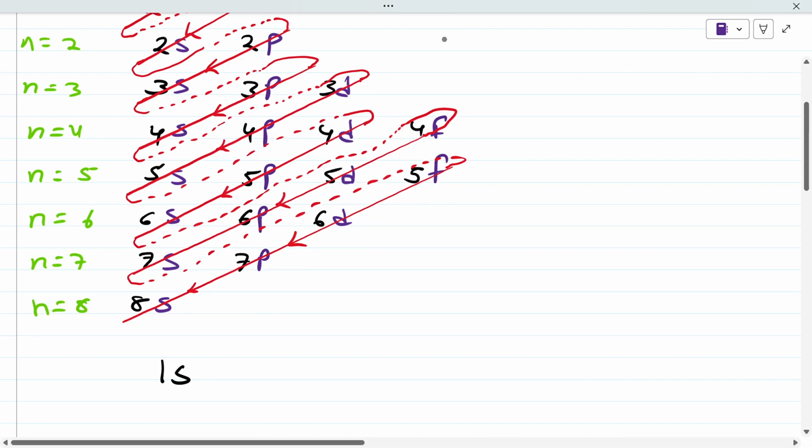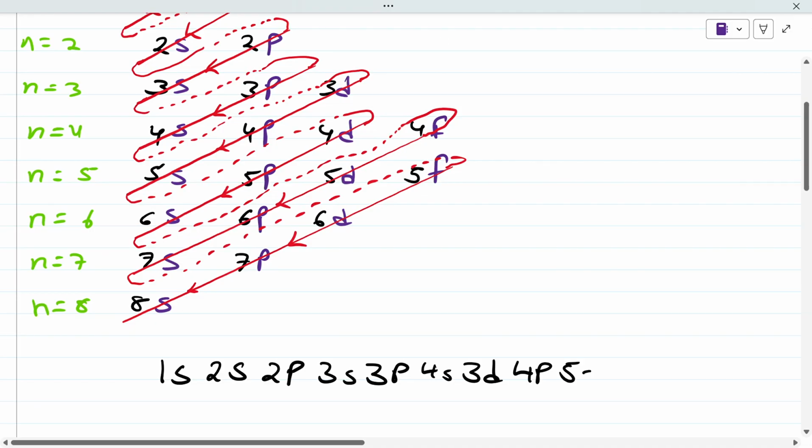From 1s I move to 2s, then I move to 2p, then I move to 3s, then I move to 3p, then I move to 4s, then I move to 3d, then I move to 4p, then 5s, then I move to 4d,